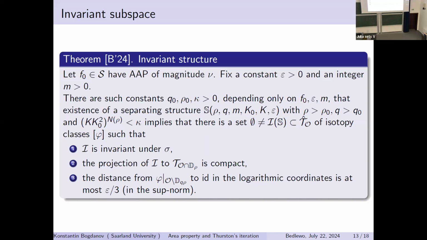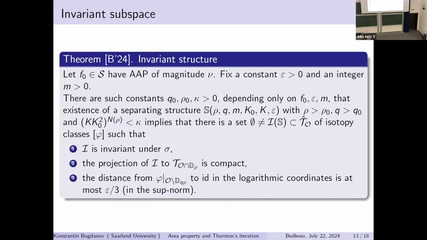So there are constants q naught, rho naught and kappa bigger than 0, which depend only on f naught, epsilon, and m, such that the existence of a separating structure with rho bigger than rho naught, q bigger than q naught, and this funny condition k naught squared to the n rho is smaller than k, implies that there is an invariant subset in the Teichmüller space such that